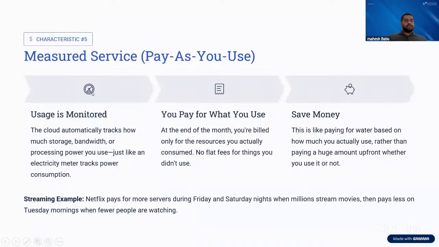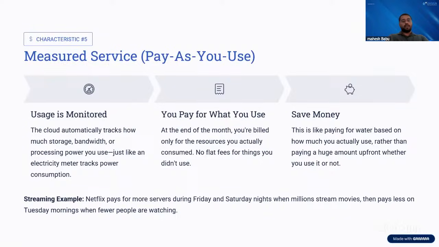So, measured service. Why are we mentioning measured service here, participants? There is one reason behind that. The reason we mention measured service is that usage is completely monitored. Don't think that nobody is monitoring you. Whenever you use something on the cloud provider, each and every log can be seen. What we have done, how the information is being stored, when you accessed a particular service, when you manage it, each and everything is completely managed as well. That's why they mention here that usage is completely monitored.